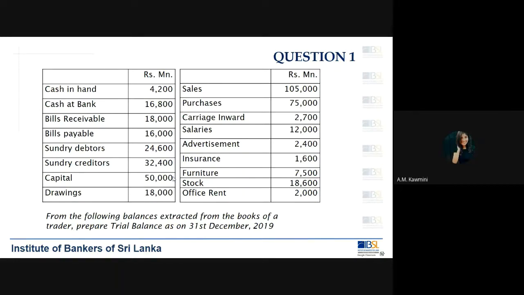Excuse me, sir. Yeah, go ahead. So carriage inward and carriage outward, both are expenses. Yes, both are expenses. Both are transport costs. One is to bring in goods to the business. One is to take out from the business. Carriage inward is where you are bringing in goods to the business, like the example I gave you, from the harbor, you are bringing it to your showroom. The second one is from the showroom, you are delivering it to a customer. Okay? Thank you, sir. Okay.